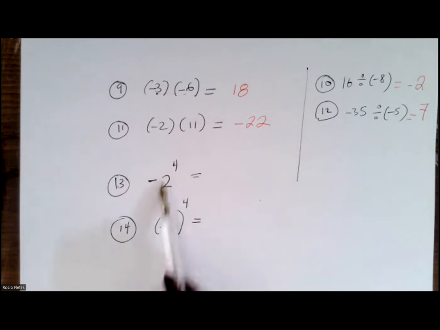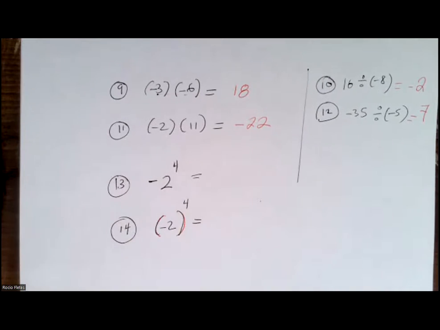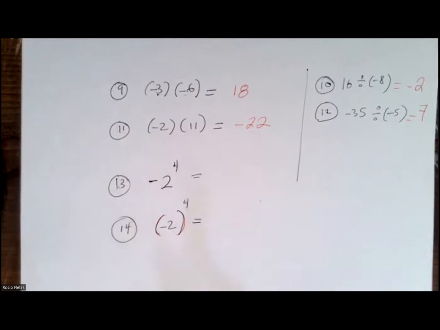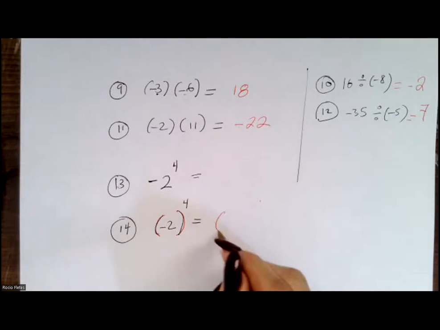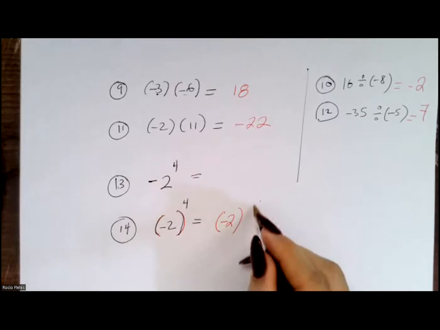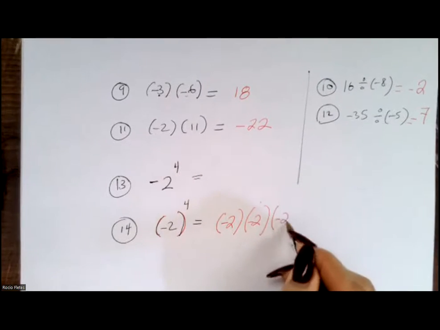Okay, these I always like to cover because students sometimes get confused, they think they're the same, and they're not. You see, the parentheses here make the difference because the parentheses here are telling the reader that the -2 is a base, right? Versus there's no parentheses here, so that means that the 2 is a base. And that makes a difference when you multiply because for number 14, for example, -2 is being multiplied 4 times